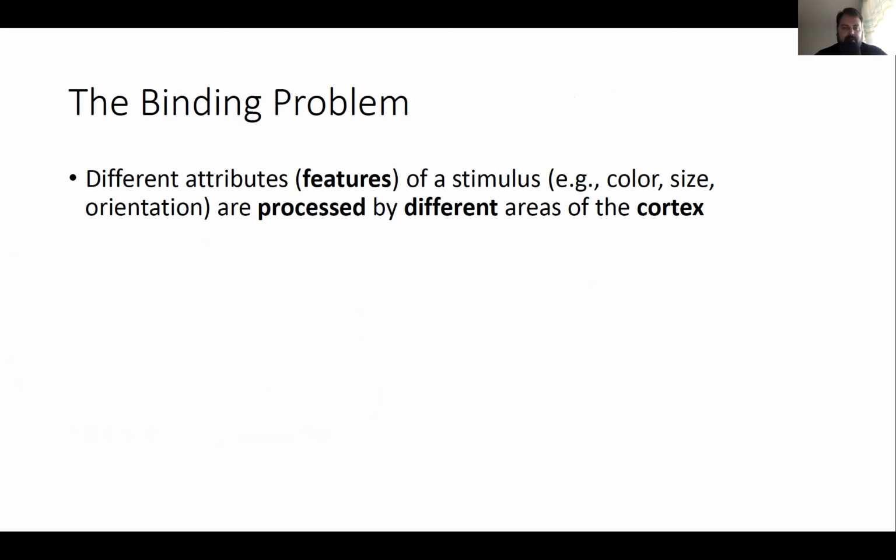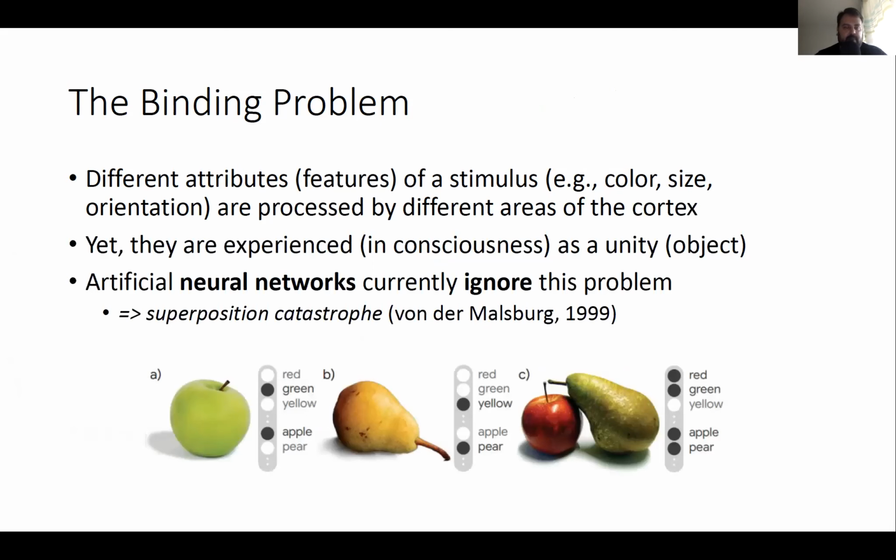This leads us to the binding problem. Different attributes, features of a stimulus are processed by different areas of the cortex. Yet they are experienced in consciousness as a unity, as one object. And artificial neural networks currently ignore this problem. This problem was analyzed first by von der Malsburg in 1999, and he called it the superposition catastrophe, meaning